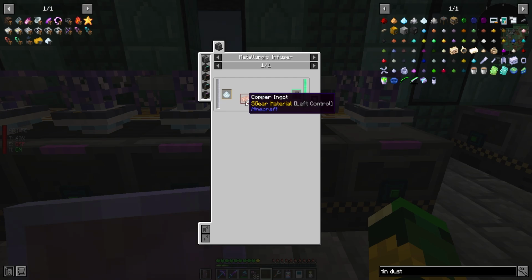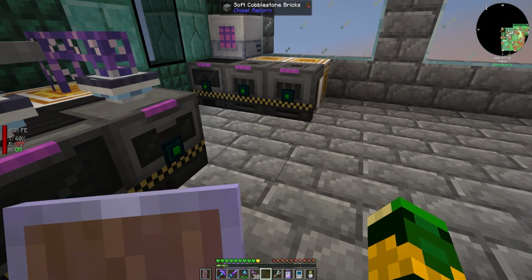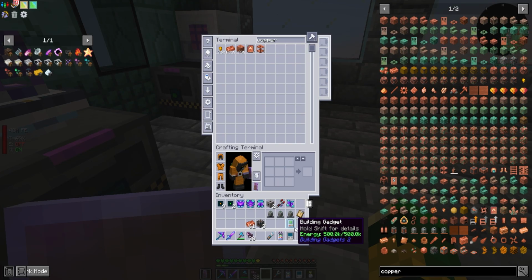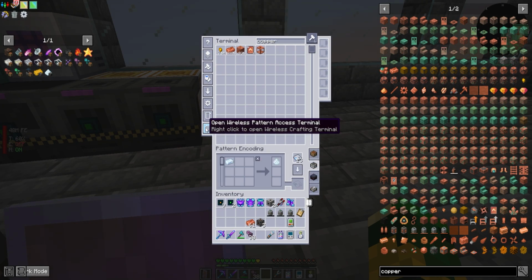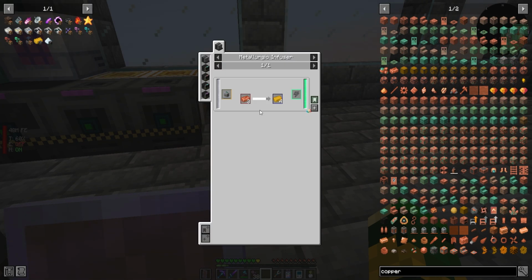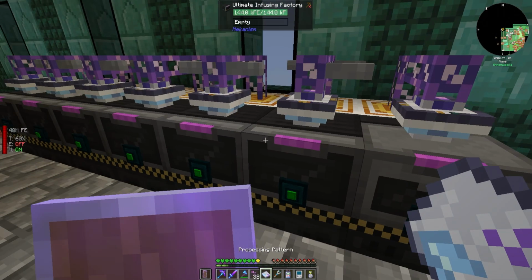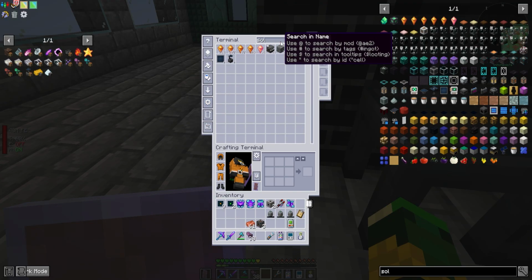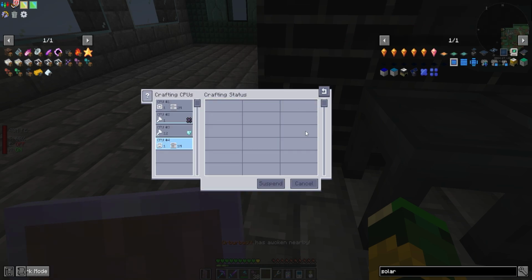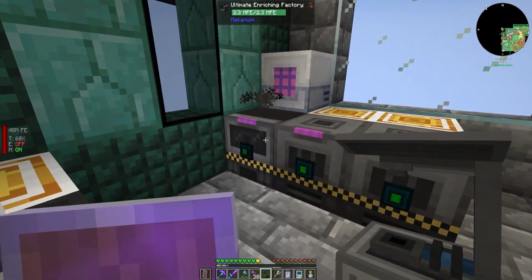So we can do 3 copper ingots now. And yes, that's perfect. So it leaves us with none of the tin left. I just wanted to make sure that the math was going to work out for the recipe that we were planning on using, and I didn't make that recipe yet. Here we go. We're ready to go now. We can do this and that one right there, but we're going to convert that over to tin dust. Very good. So does that now give us everything that we need for making the solar neutron activator? Seems to be going okay. Yeah, it did. Cool. And now after that, everything should start replenishing back up.